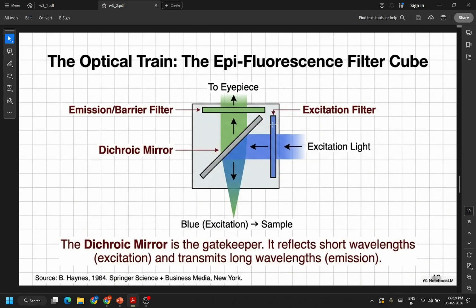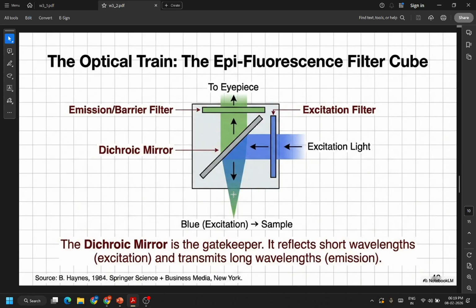First you have an excitation filter, which is a band pass filter or a long pass filter which only allows a certain wavelength of light to pass through. Then there's a dichroic mirror here. The light hits this mirror and goes down to your specimen,